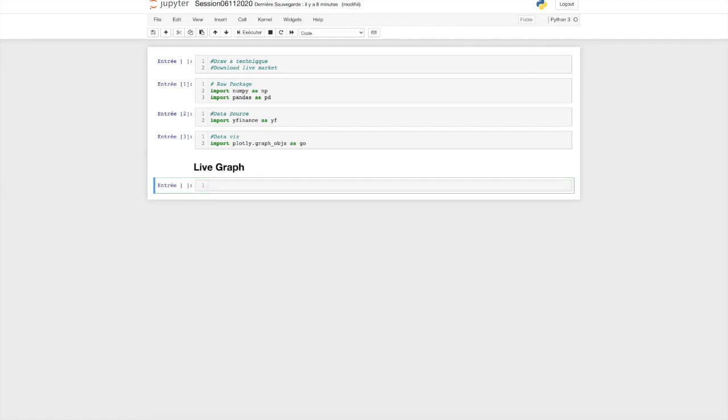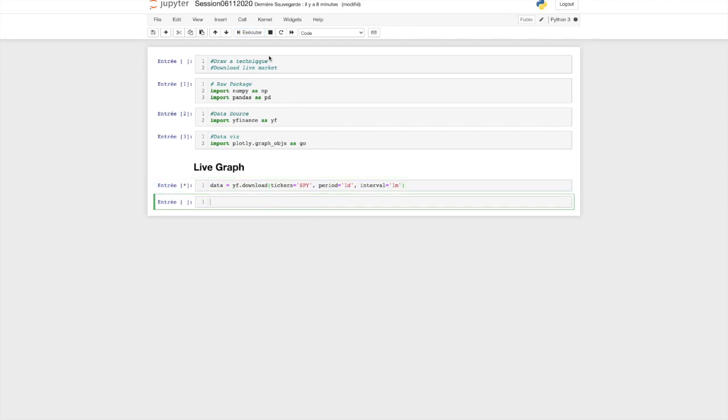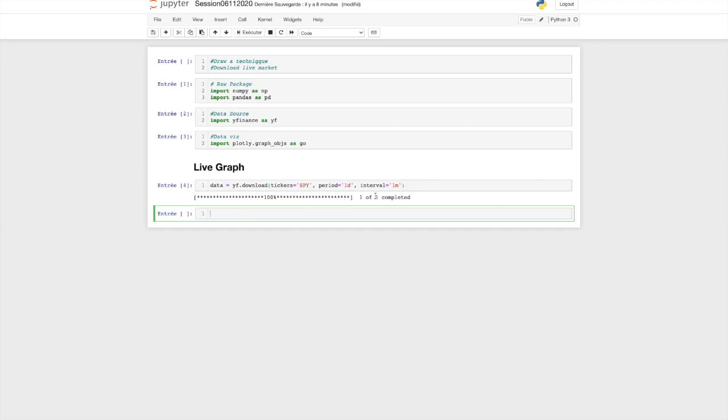Okay. If you remember, in order to download data from Yahoo Finance, you have to type yf.download, set up the ticker, set up the period, and set up the interval. What we are going to do here, we are going to take an interval of 1 minute, and we are going to draw the Bollinger Band based on the 20 last minutes, which means that the trading strategy that we are going to use right now, we are going to develop a